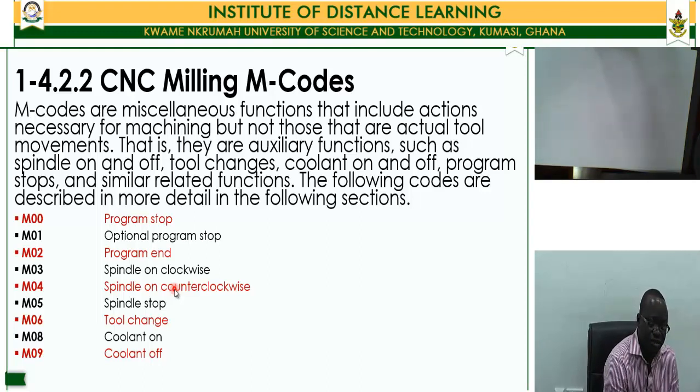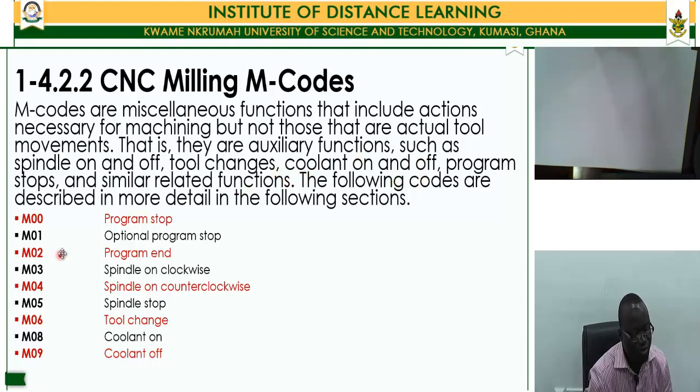So these are the basic G codes that we just saw. Now we will look at the M codes, which stands for miscellaneous codes. They are basically miscellaneous functions, and they are actions necessary for machining, but they don't include actual tool movements. They do not involve actual tool movements, and they are basically classified as auxiliary functions, such as